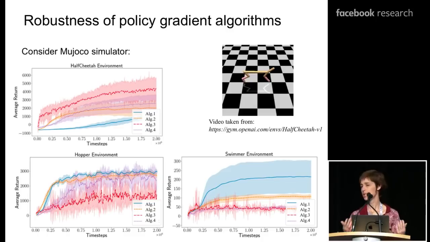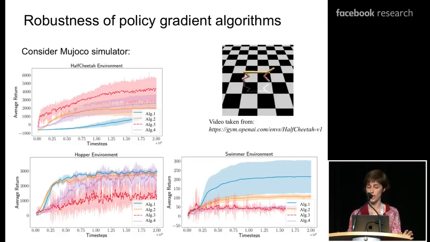Now, it shouldn't be that surprising that different algorithms are better for different domains. But what surprises me is the fact that within the MuJoCo simulator, the tasks are actually quite similar. Right? They have a reasonably low-dimensional joint space description of the state space. They have few-dimensional control actions. They're continuous, with relatively smooth dynamics. And so you would expect certain algorithms across these different domains to behave similarly. But the results we see are really quite drastically different.